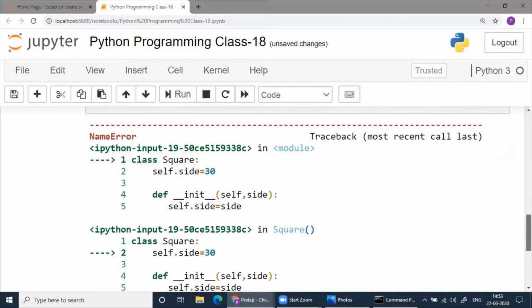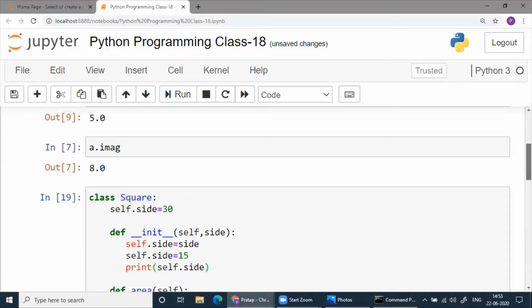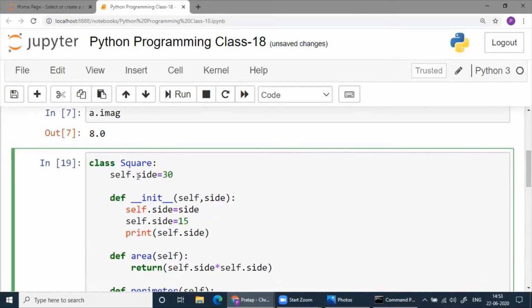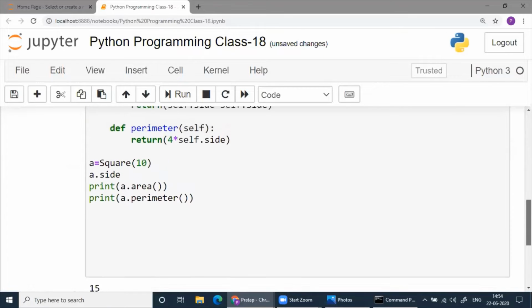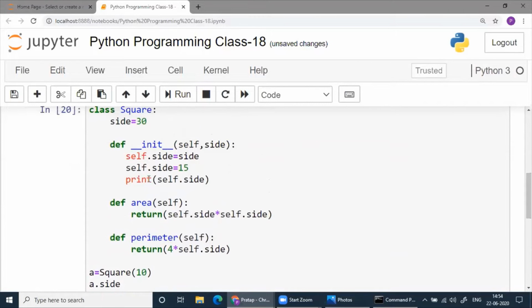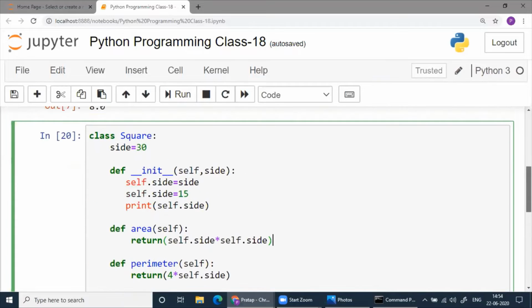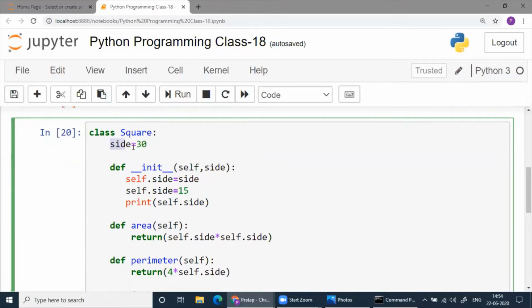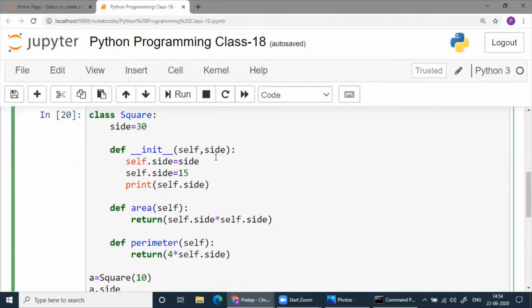There is a problem, right? Here we never write self. Run it. So when you printed self.side, we got 15. See, that is 15 here, and everything is 15. There is no use of this one, because this is the one we sent here.